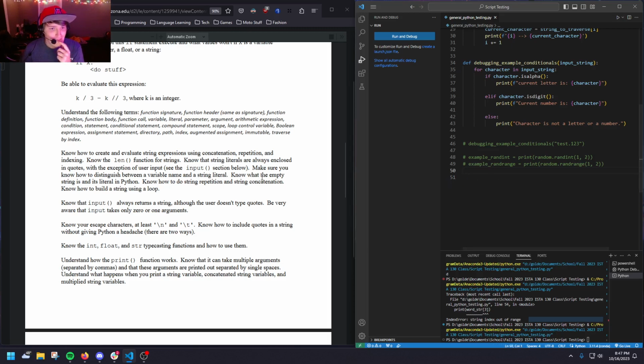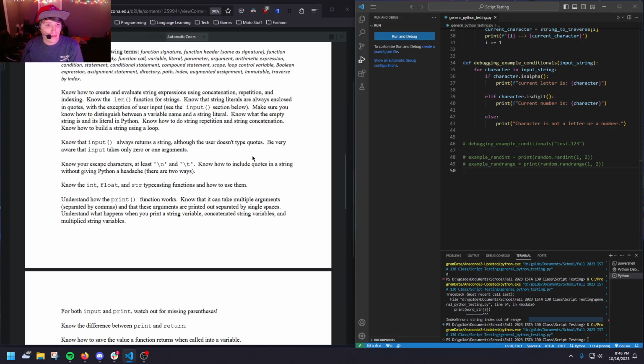Okay. Make sure you differentiate between a variable and a literal. Again, a variable would be, for example, word string is equal to word. So this is a literal. This is a variable. That's it. Pretty easy stuff. Okay. We talked about input,